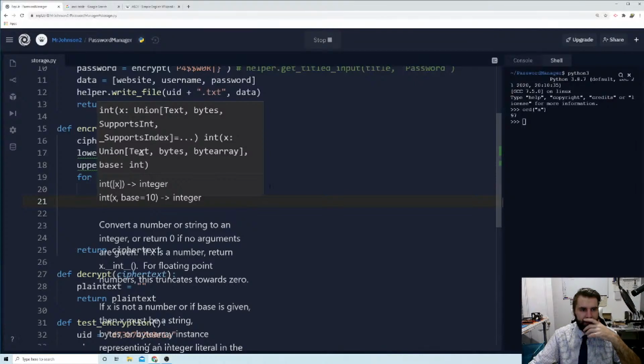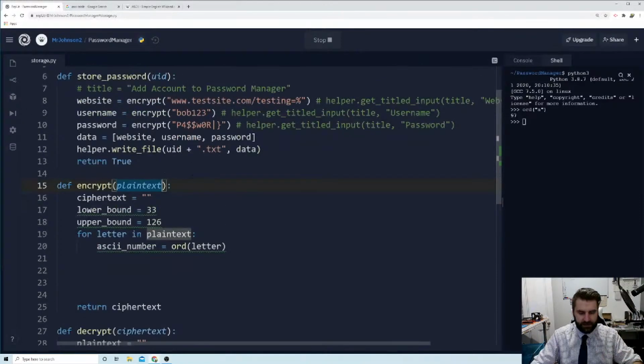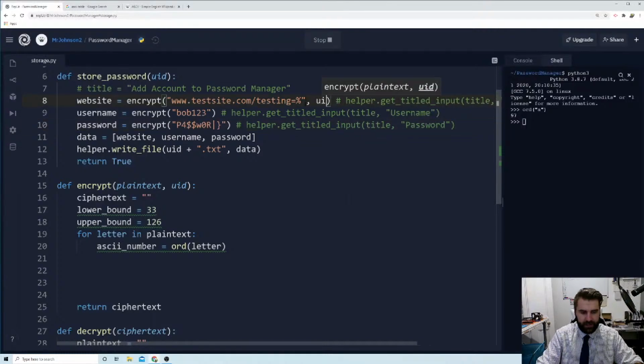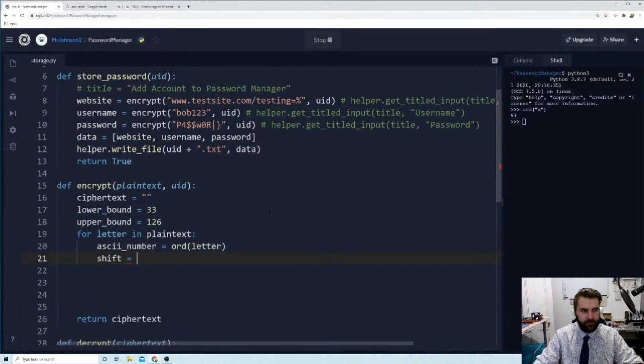And what I'd quite like to do is, when we encrypt this, as well as being given the plain text, I'd like to be given the UID. So we're going to link this to Bob. So in all of these things here, we're going to pop in a comma and a UID. So when we're calling these functions, we're going to give in that unique identifier. This unique identifier is going to determine the shift that we do. So we are going to say shift is equal to,